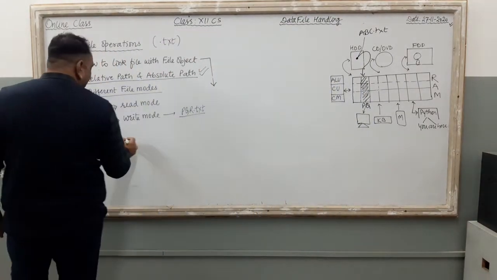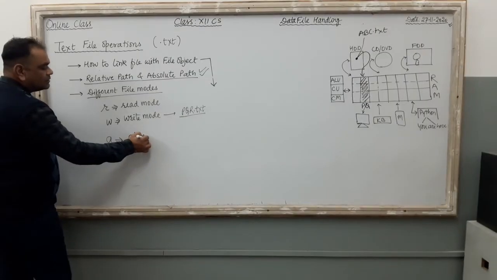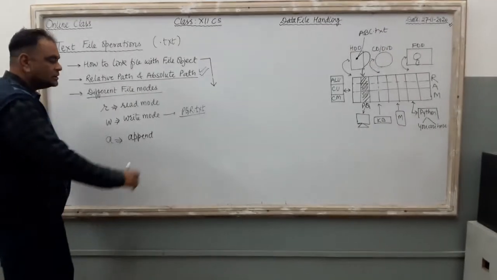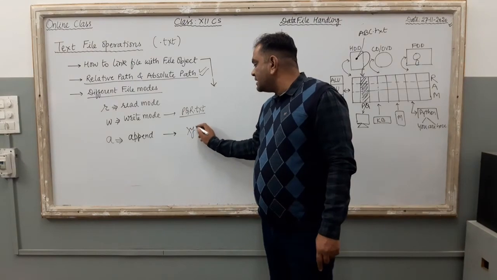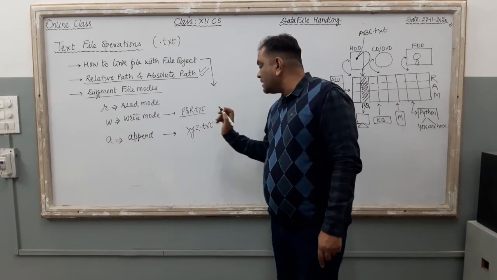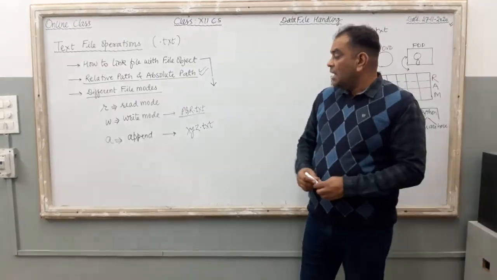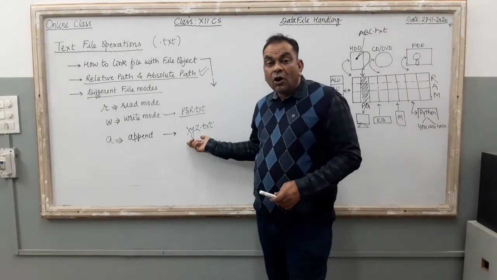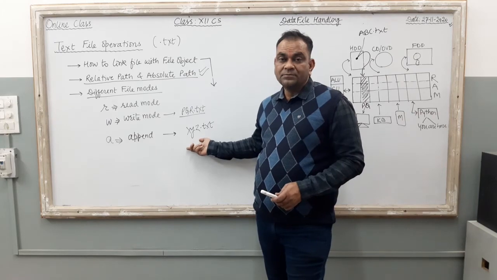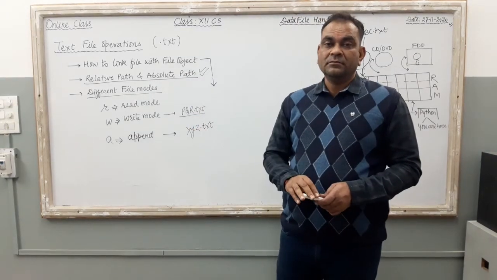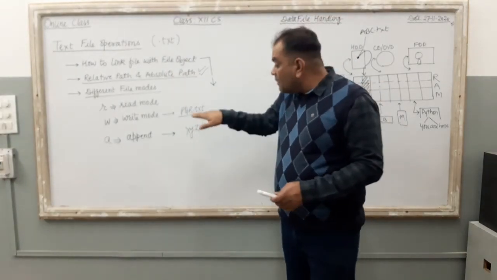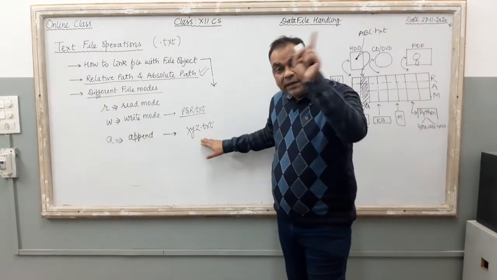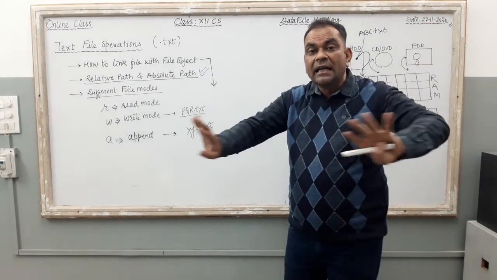For that, append mode is there. Just see what is there in append mode. A for append mode. Append mode means what? Suppose I access a file xyz.txt with this append mode. Append mode means what? If the file is not there in the same folder, the computer is going to create a new file. If the file is already there with previous data of my software, then the computer opens the same file with the data, no data deletion is there.